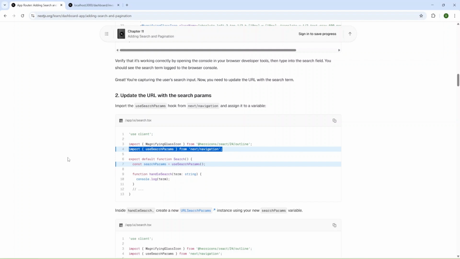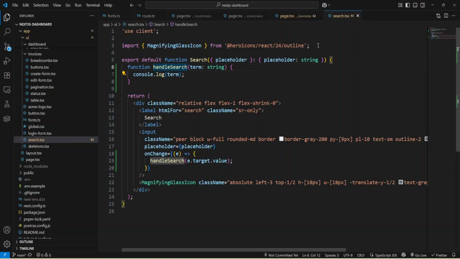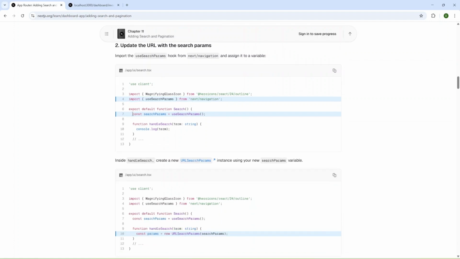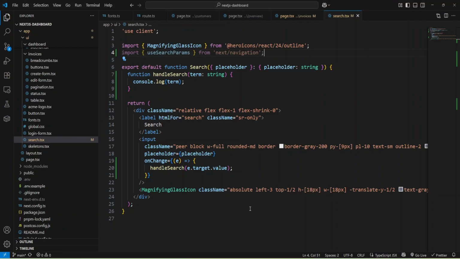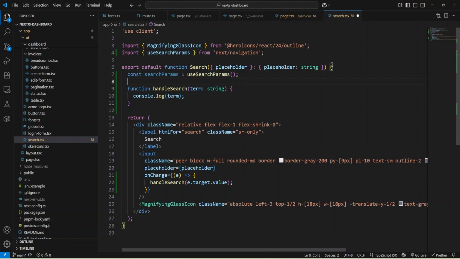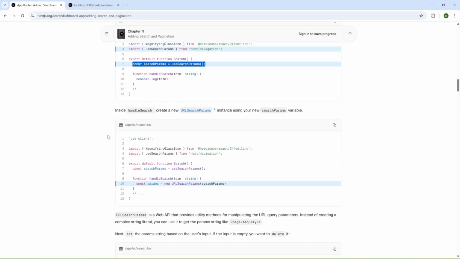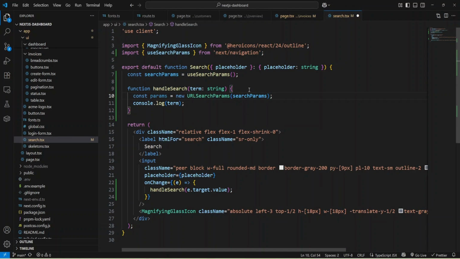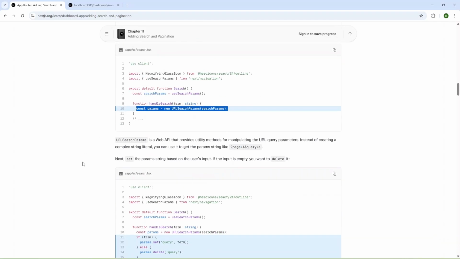We are going to use a hook from next/navigation. Okay, and inside our search component file, I'll add this import, and then we can use our hook. Okay, and also we'll use it inside the handleSearch function, and we'll get params using this function from JavaScript.